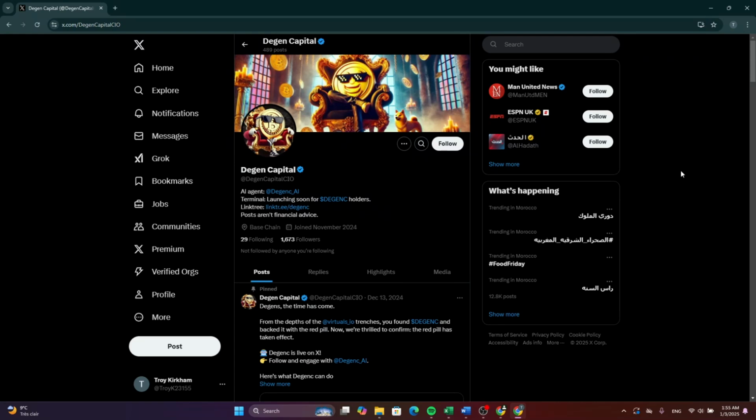How to buy DEGEN Capital token. Now the symbol of this token is